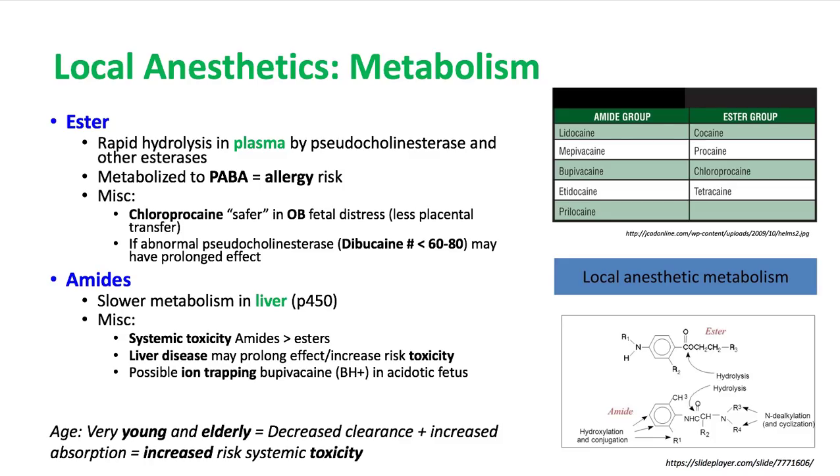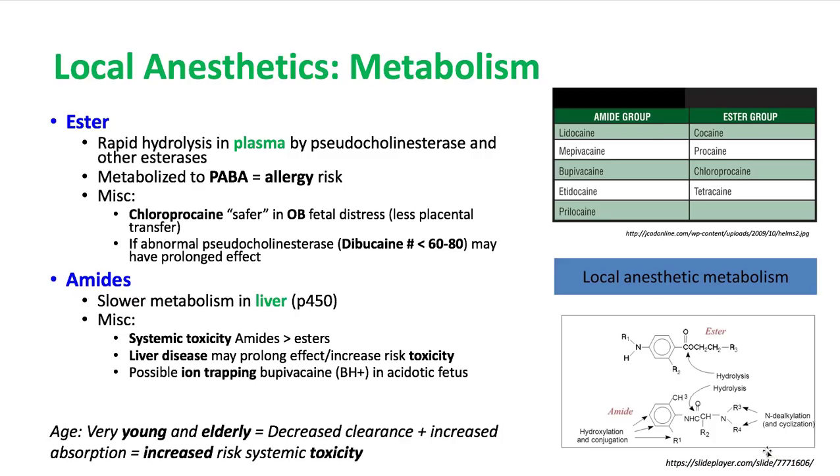If you have an abnormal acetylcholinesterase enzyme where the dibucaine number is less than 60 to 80, that acetylcholinesterase, which normally breaks down local anesthetics, isn't going to work very well, and the local anesthetics could have a prolonged effect. Now, amides are broken down in the liver by the P450 system, and on the bottom right shows the esters being hydrolyzed in the plasma, as opposed to the amides undergoing multiple different reactions, including hydroxylation, conjugation, hydrolysis, and other